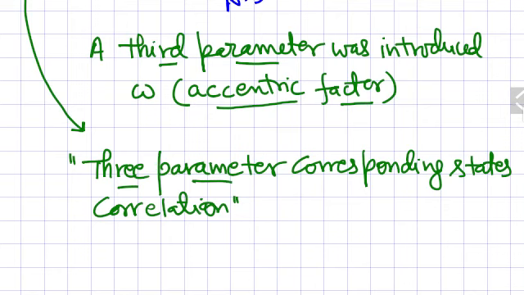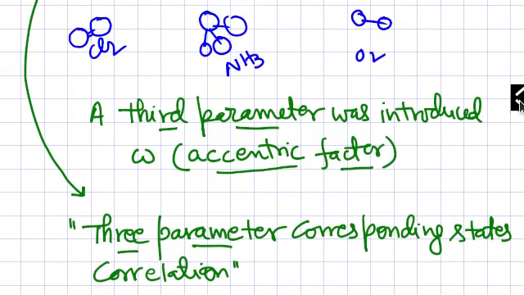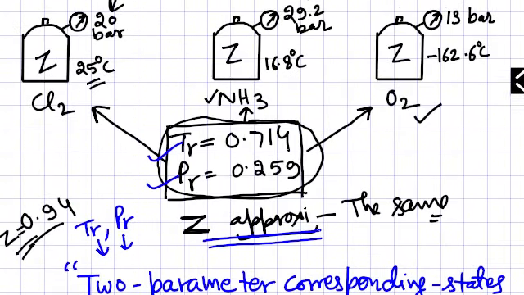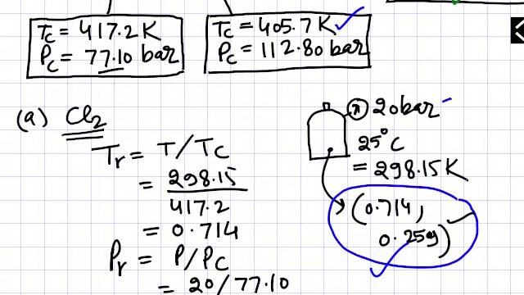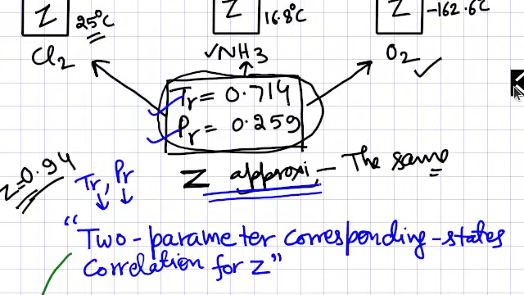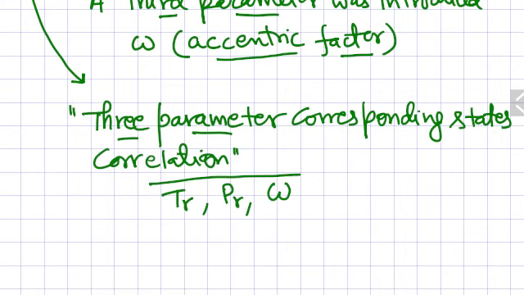We will learn about this theorem more in the next lecture. This was just for explaining the basis of this theorem. So I hope you understand my point. To summarize, the three parameters are reduced temperature, reduced pressure, and eccentric factor, and these three parameters will correlate various substances. So thank you very much, students.